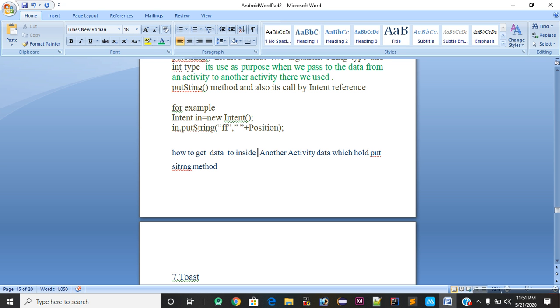How to get the data inside of another activity which holds the putString method.